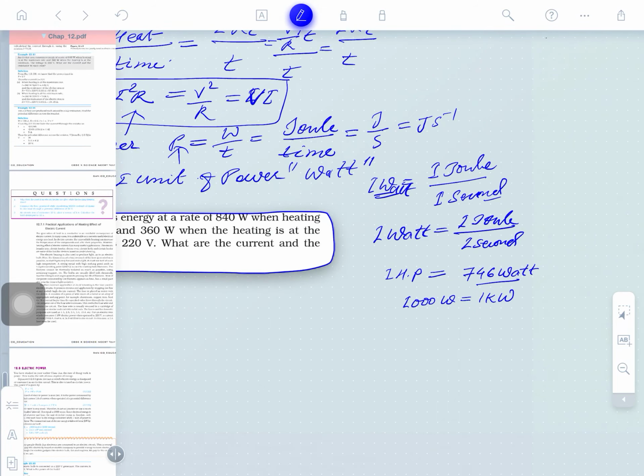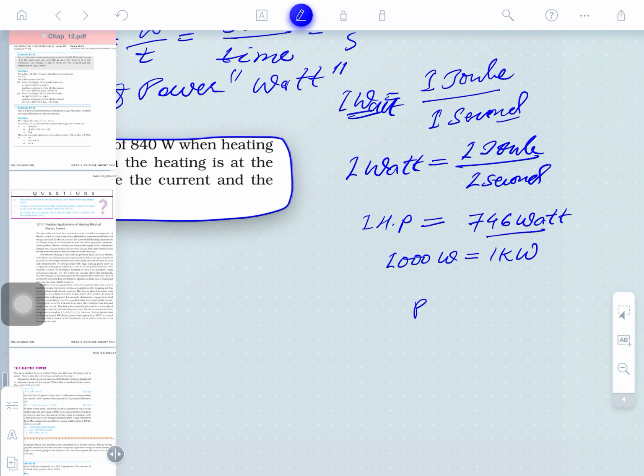Well understood. So, what is the importance of power? First you have to know that power is equal to energy upon time, that is, work done upon time. So energy conversion from one form to another depends on the power. Power is the factor that predicts how much energy any appliance will convert into other forms. So this is the electric energy.